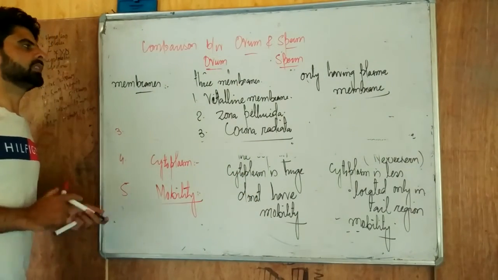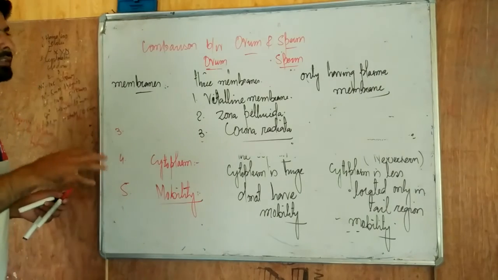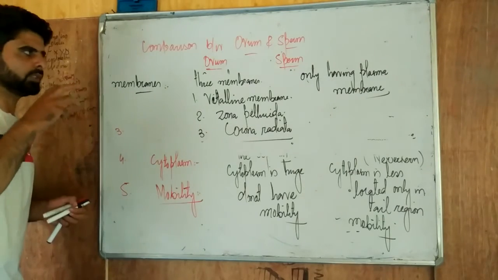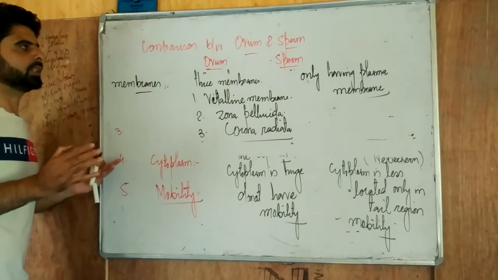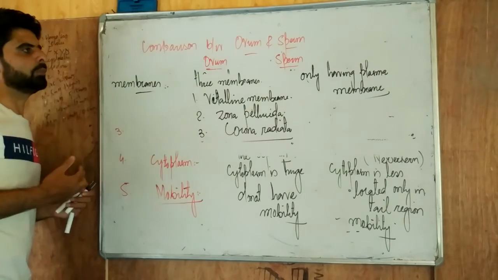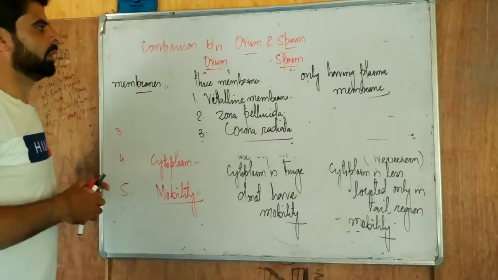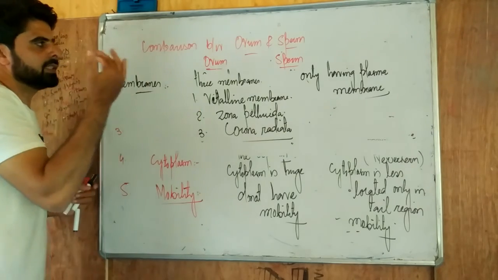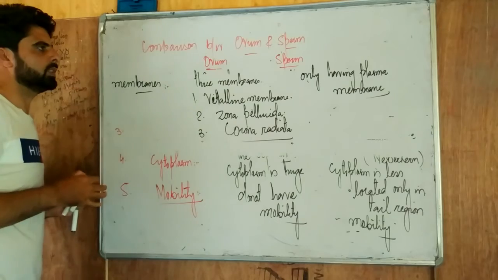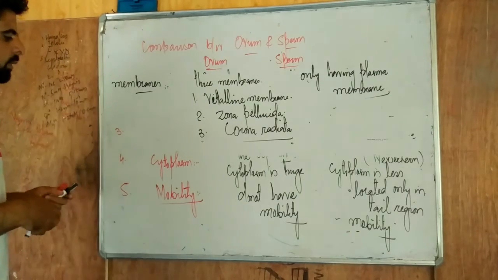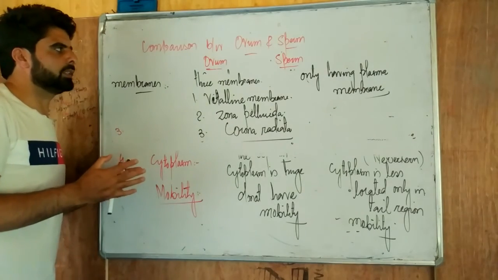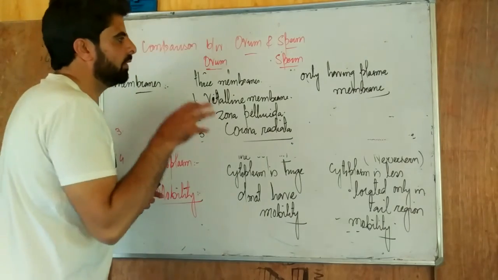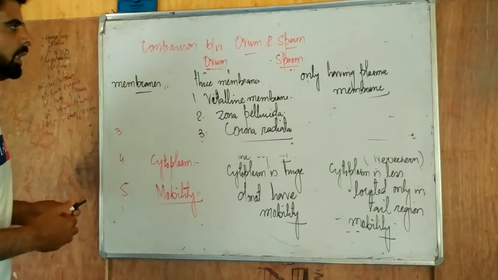On the basis of that, we can see the male and female gametes are different from each other. On the basis of these differences which we have made under the comparison, the first one is structure, then we have the nucleus, where the ovum has nucleoplasm, and in case of sperm it's a condensed one. Then we discussed the cytoplasm, a huge amount in the ovum and less in the sperm, located in a restricted region, only in the tail. Then we have mobility, but the ovum does not have mobility. It doesn't bear any structure which helps in mobility. But sperm has a flagella-like tail which helps in the movement of the sperm.